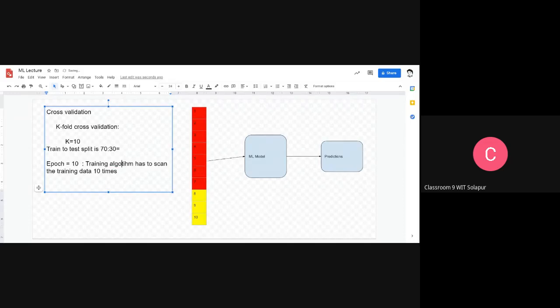So, epoch equal to 10 means it has to scan the training data 10 times. Now, when you say 10 times, you can ask what happens when I use cross validation here. What it says is,